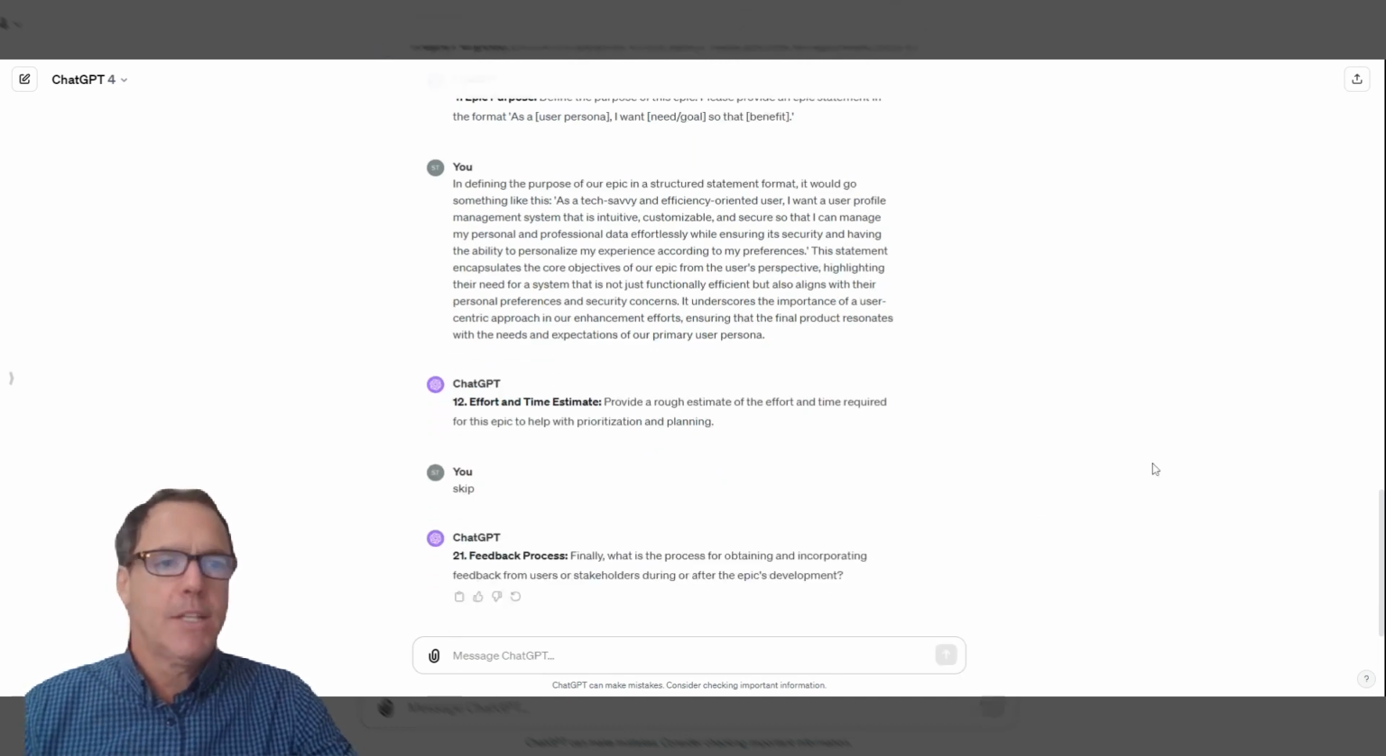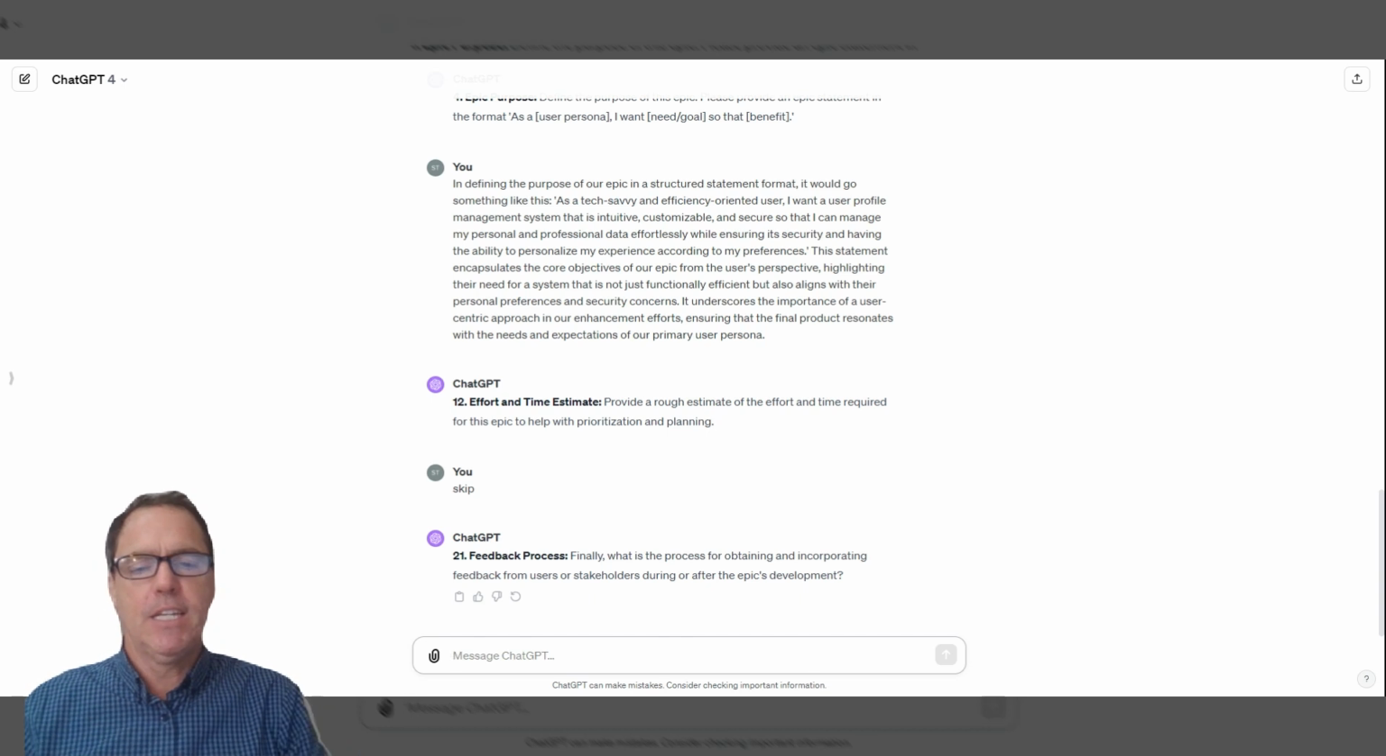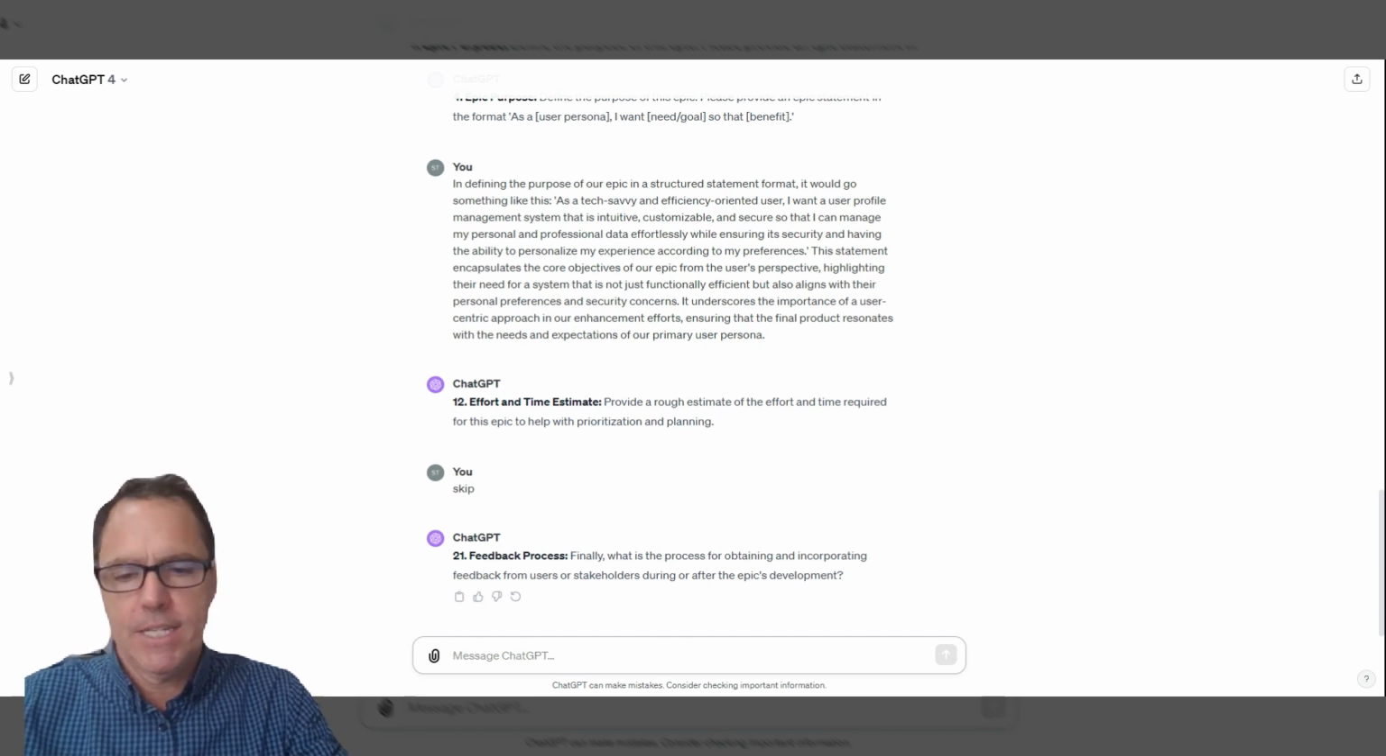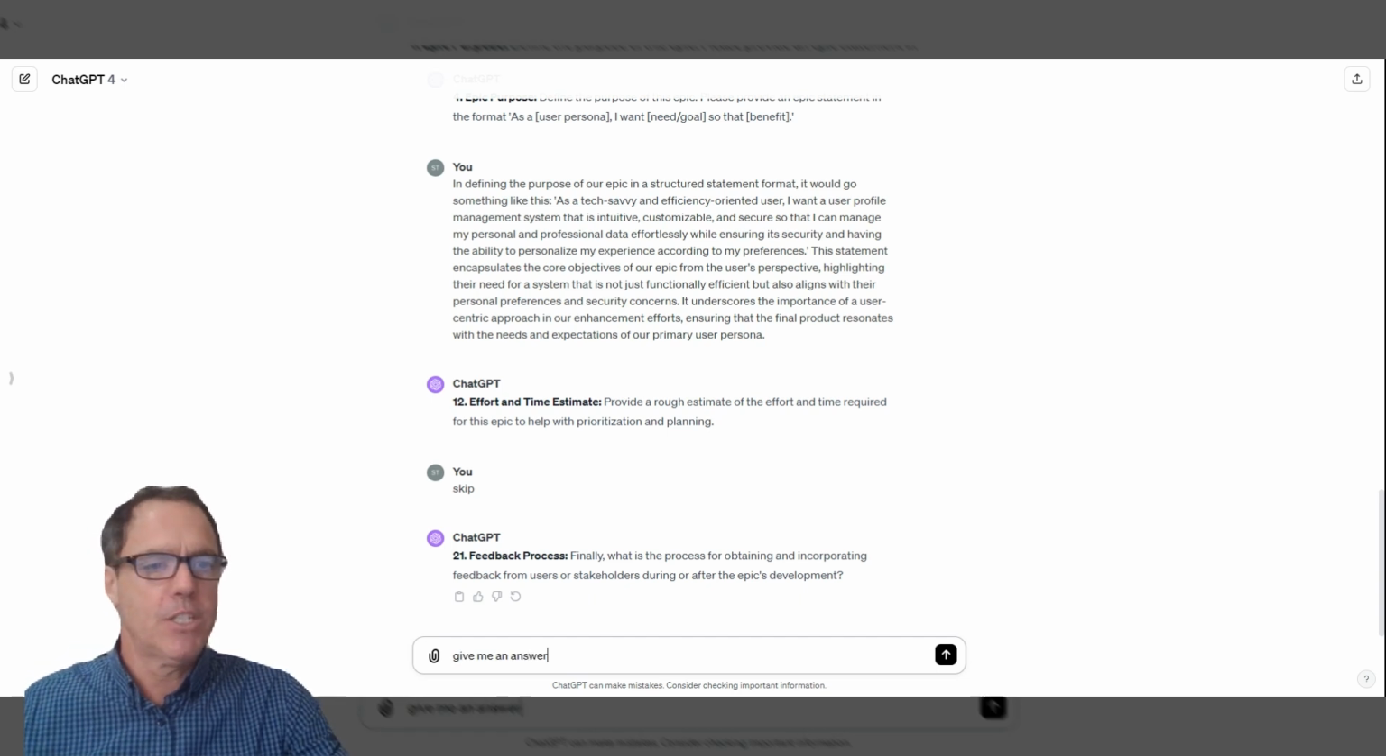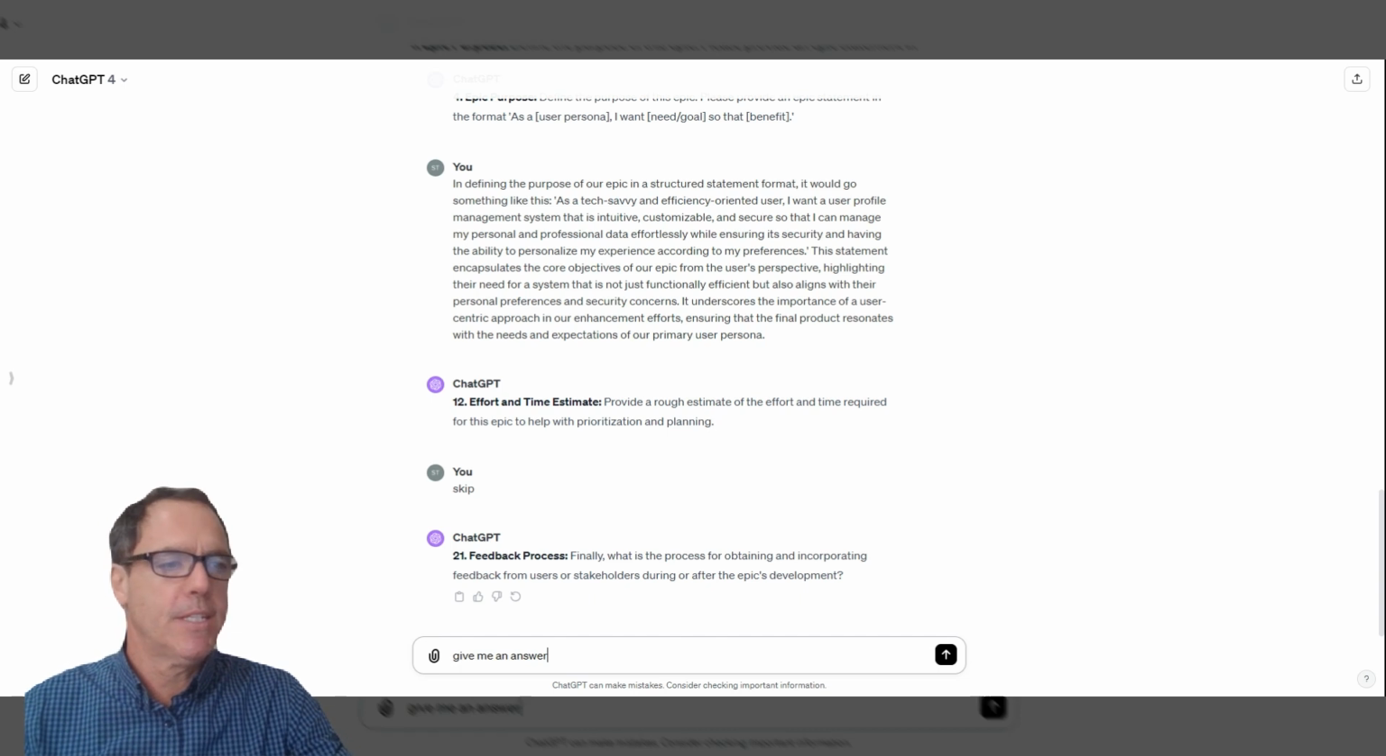And now it's going to skip ahead to what would be question number 21, the feedback process. So give me some ways to obtain feedback from stakeholders and users during the epic development. So I've got some ideas, but I'm going to ask ChatGPT to give me some ideas for this answer. So I'm going to tell it to give me an answer for this question using its knowledge base and give